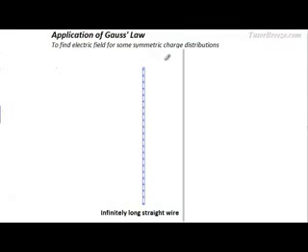Okay, now let's apply Gauss's law to find the electric field due to an infinitely long straight wire that has a uniform charge density of lambda coulomb per meter. We are going to follow a particular sequence of steps and I'll list it out over here. I want you to follow this very carefully because the same sequence of steps will be followed for other symmetric charge distributions. The first step is you have to draw the charge distributions.